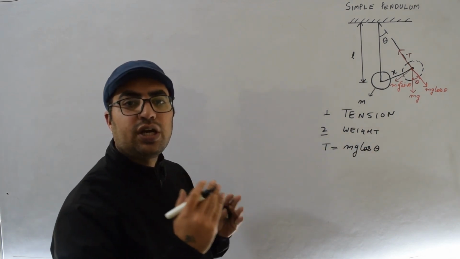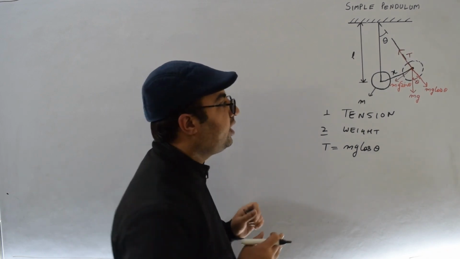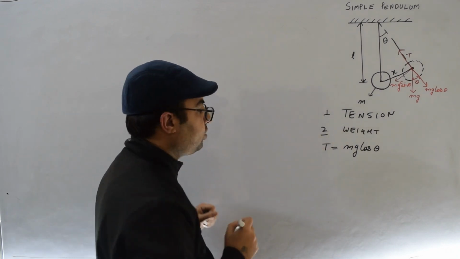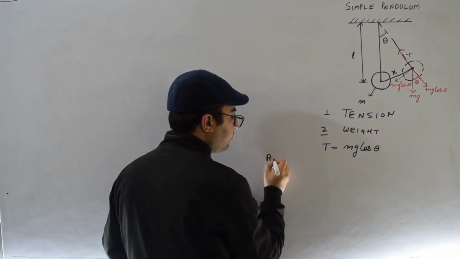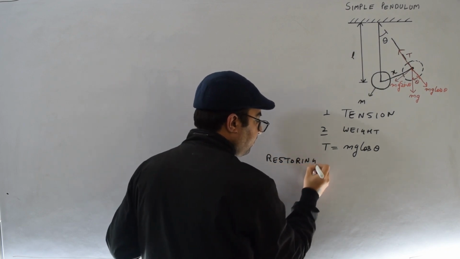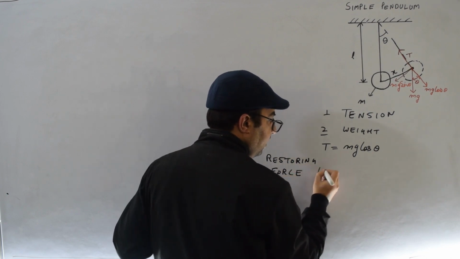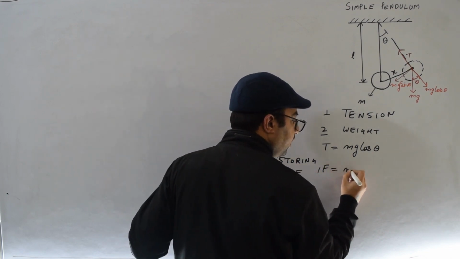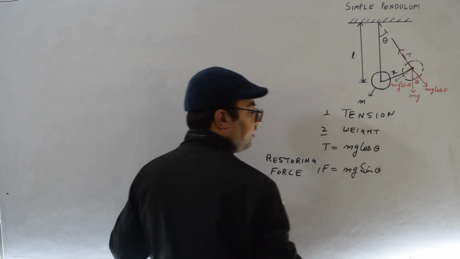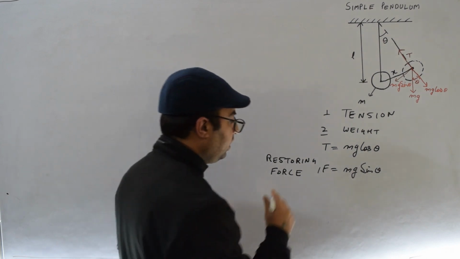Whenever the oscillations are going there, then definitely there is some restoring force. So here mg sin theta will be providing as the restoring force. So restoring force F is equal to mg sin theta. If angles are small,